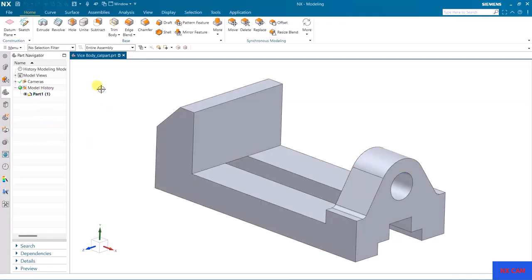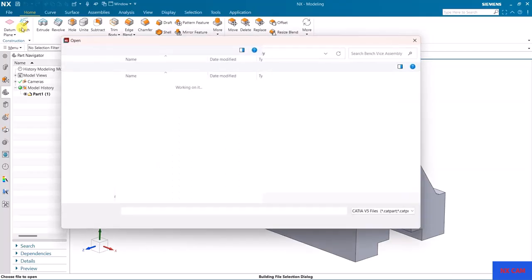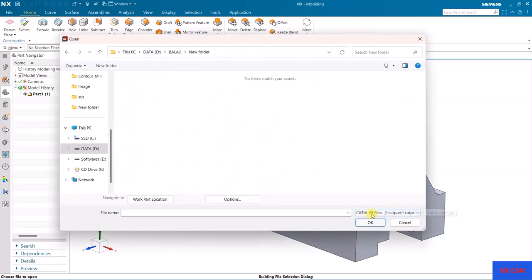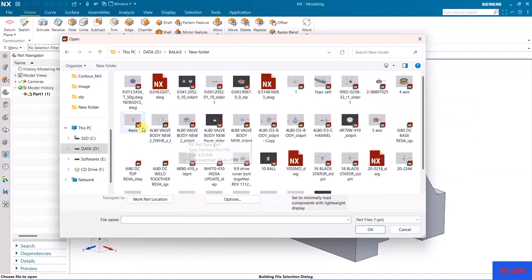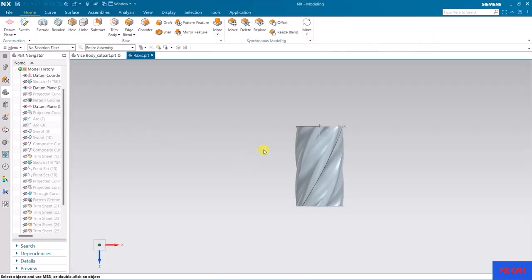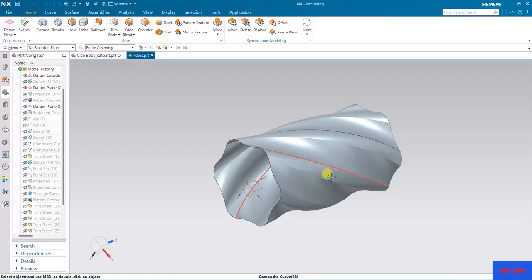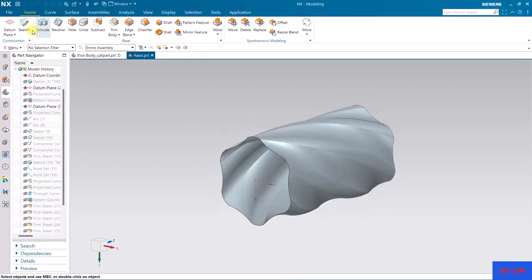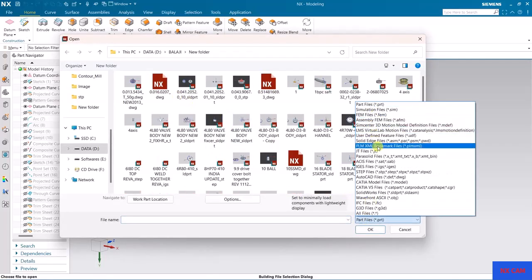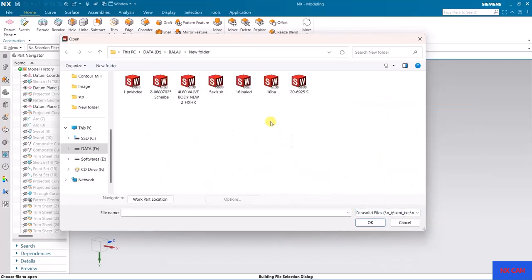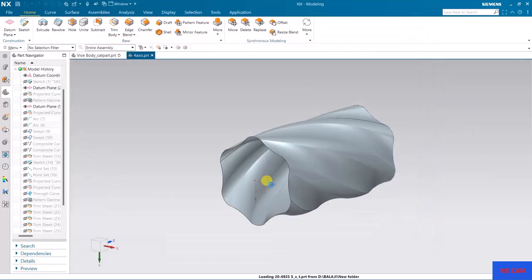This is the imported object, and here you can also see CATPart is the extension for a CATIA file. Again, open. In a new location, I want to open a PRT file, the PRT file for NX. So select the NX file and you can see this is the NX part file. You can open it. And if you want to open any Parasolid file, any XT file, you can also select the file and open. It will directly open in NX.